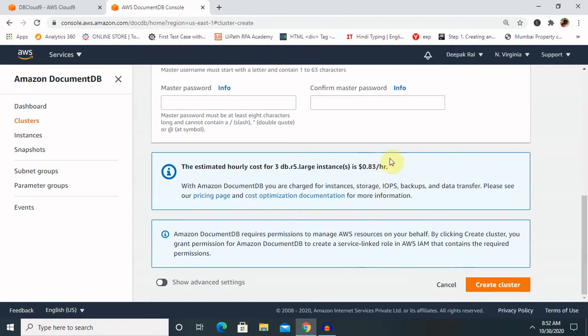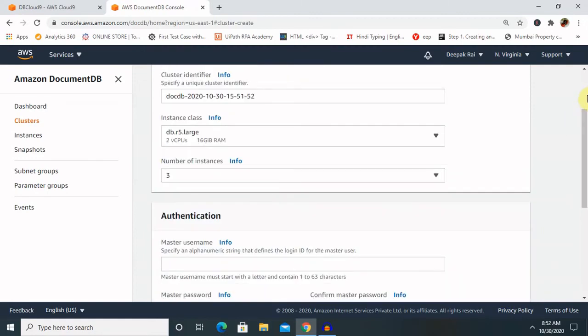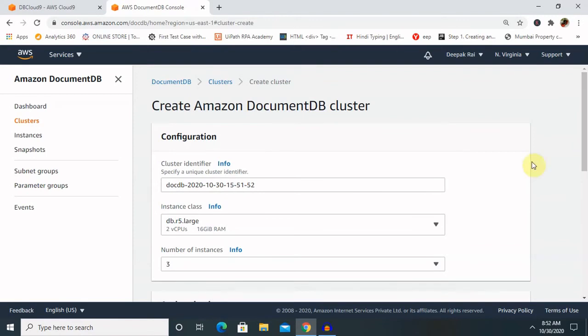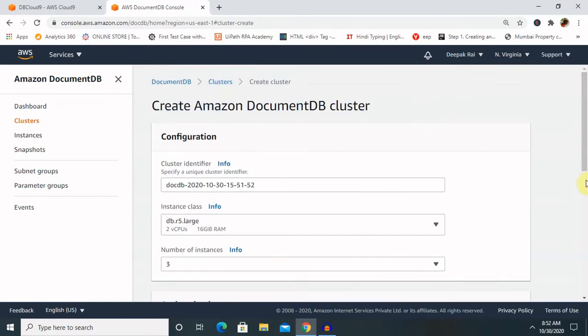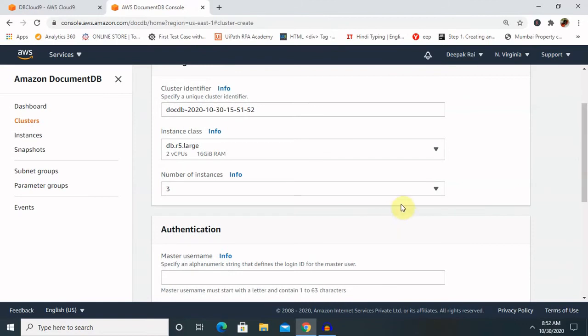So if you do not have free credit, better we can stop it here, because I am using a free trial version. But if you want to go ahead, enter the details like cluster identifier, instance class db.r5.large, and number of instances. So how many instances do you want? If you want to use it for a bigger project, better you can keep it 50 instances.